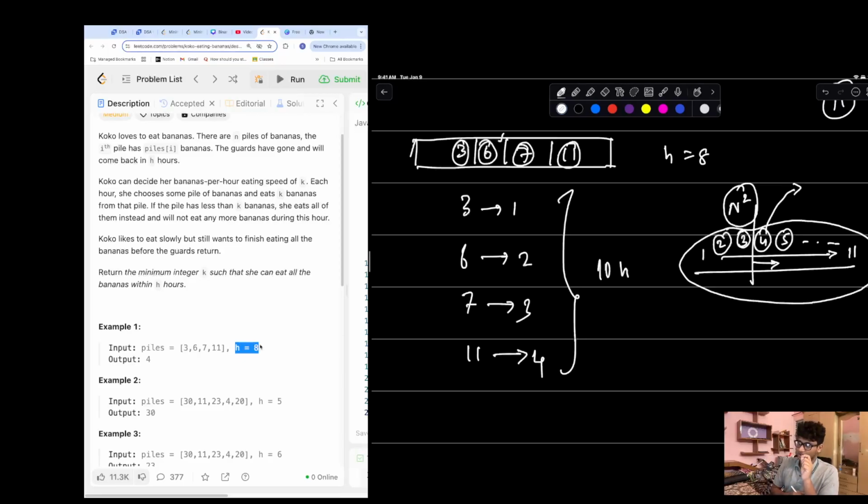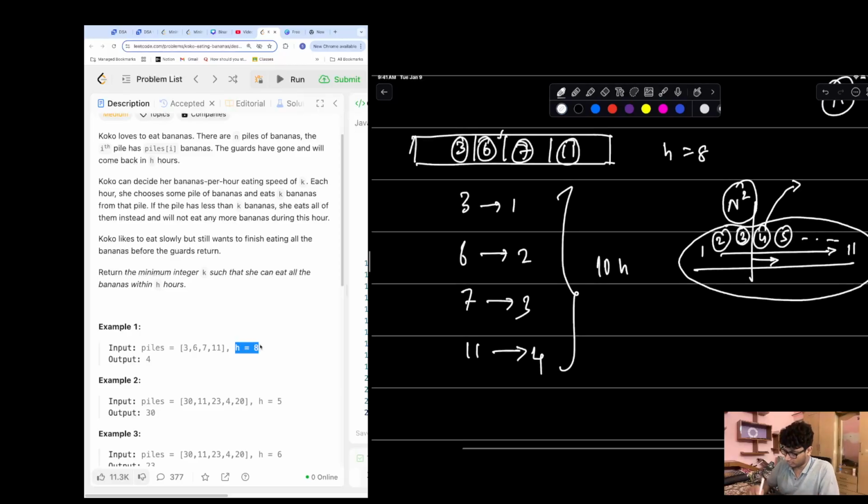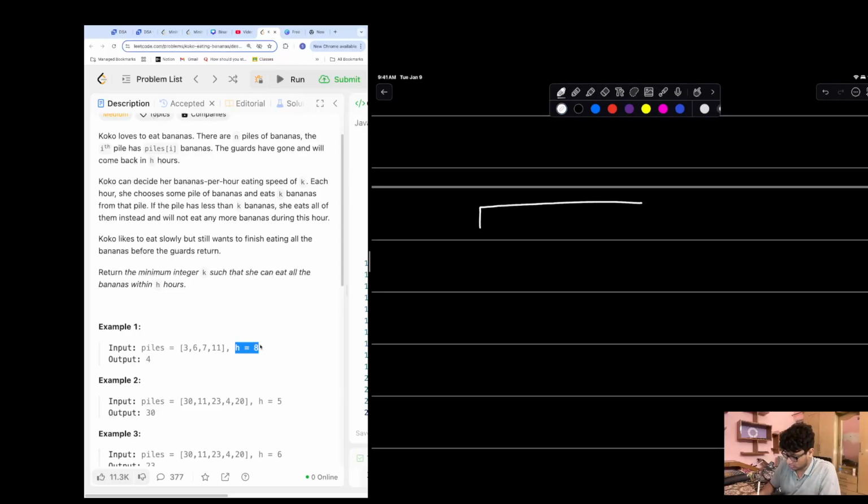So Koko has to eat a certain number of bananas per hour, and she has to eat all the bananas within 8 hours. So she has to choose the number that she can eat per hour, and make sure that all the bananas are completed. That is the problem. And that value has to be the minimum value. Let me explain it to you. So I have 3, 6, 7, 11, right? So what I'm trying to say is,